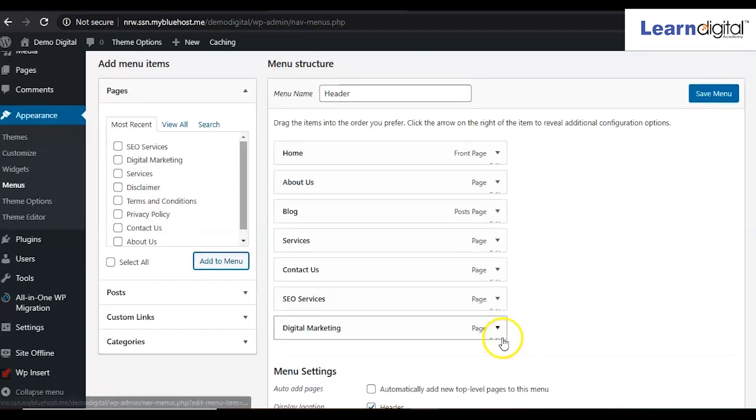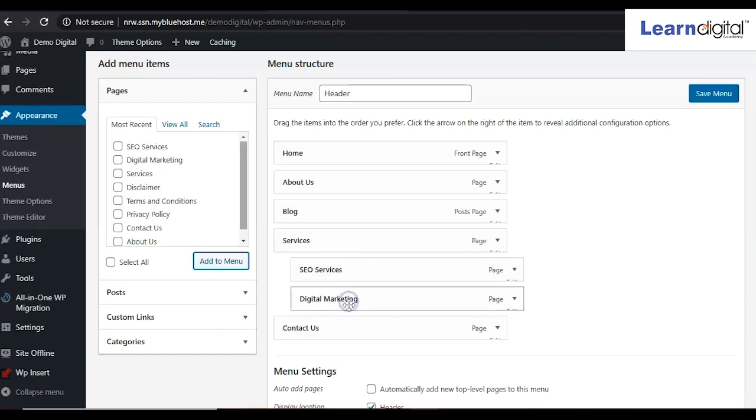I want to create drop down pages or sub pages for this one. So I will select these two pages and keep them a little bit to the right, see, like this. After keeping them a little bit to the right, that means I have created sub pages over here, right? Then click on save menu.